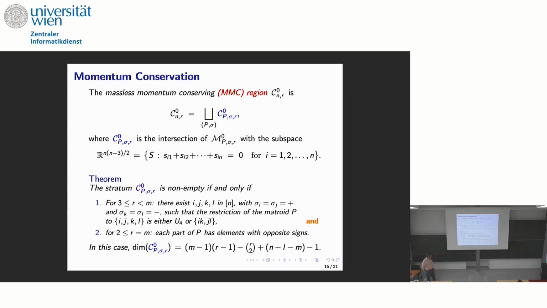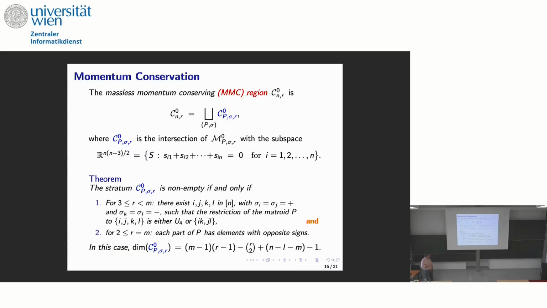All right, now there's also a theorem. So the same theorem, so I had the theorems that say how many there are, what their dimensions are, and so on. So this also holds in the massless case. So the massless momentum conserving region is non-empty. This blue thing is non-empty if and only if some combinatorial condition holds, except now the combinatorial condition is a